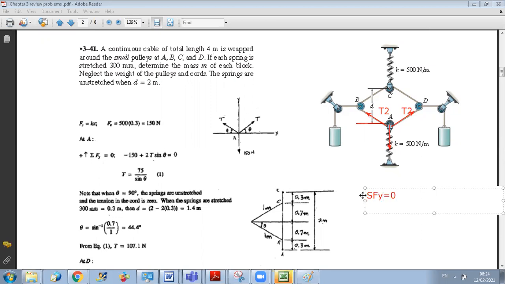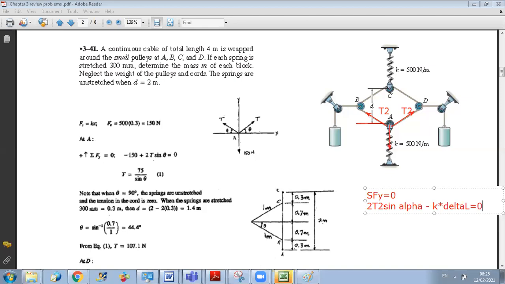And by projecting on y, I have 2T2 sine of alpha or theta is equal to minus, if you want, the tension force of the spring, which is minus K times delta L